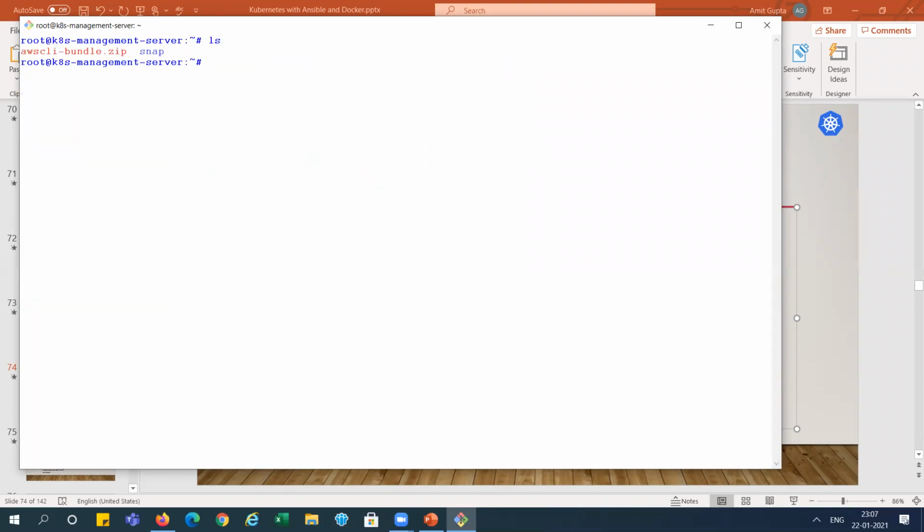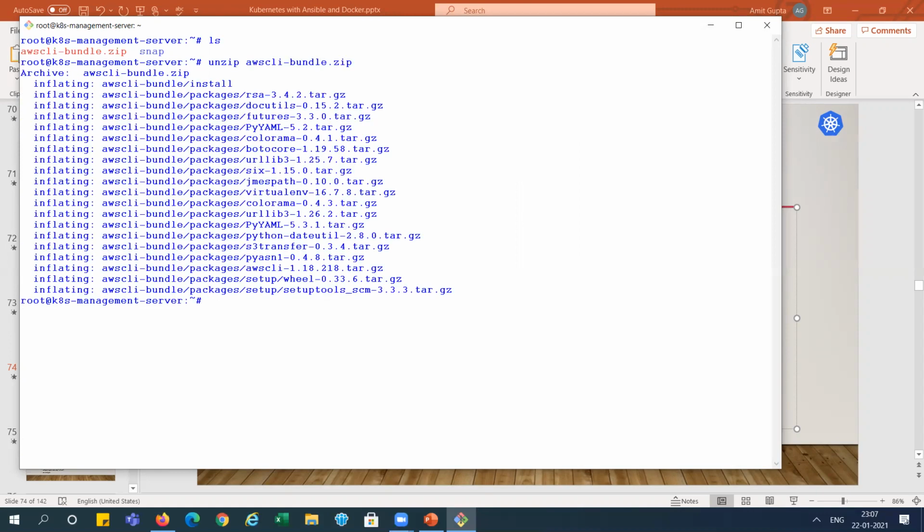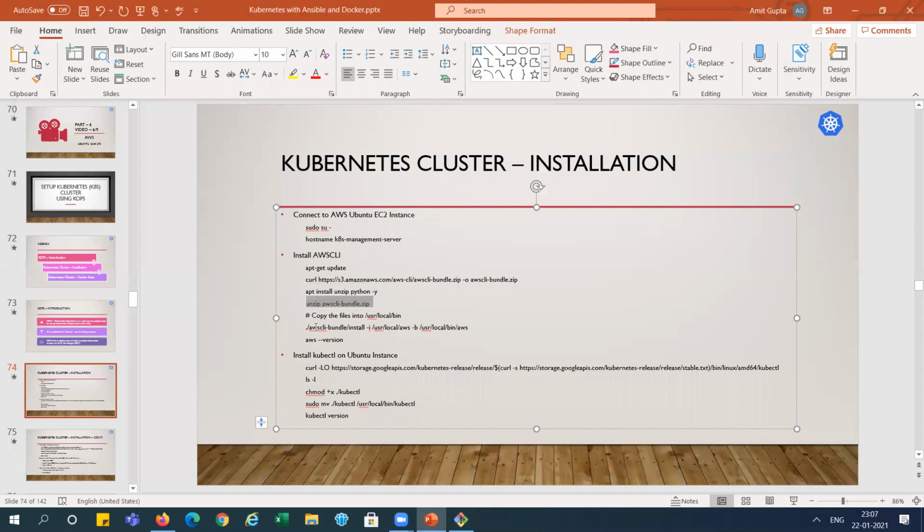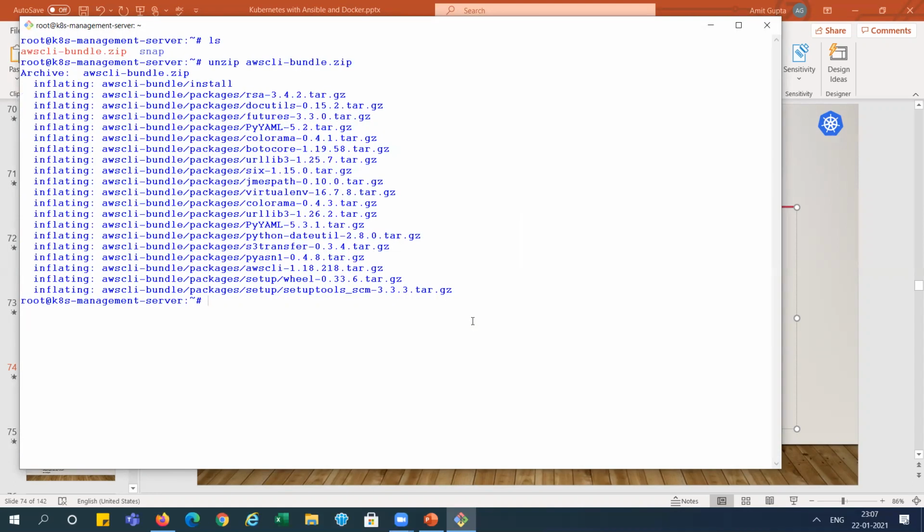We can see here the zip file is loaded for AWS CLI. I am unzipping it, right? It's done. Now copy the file into the USR location. You can see here, yes, this is there, right?